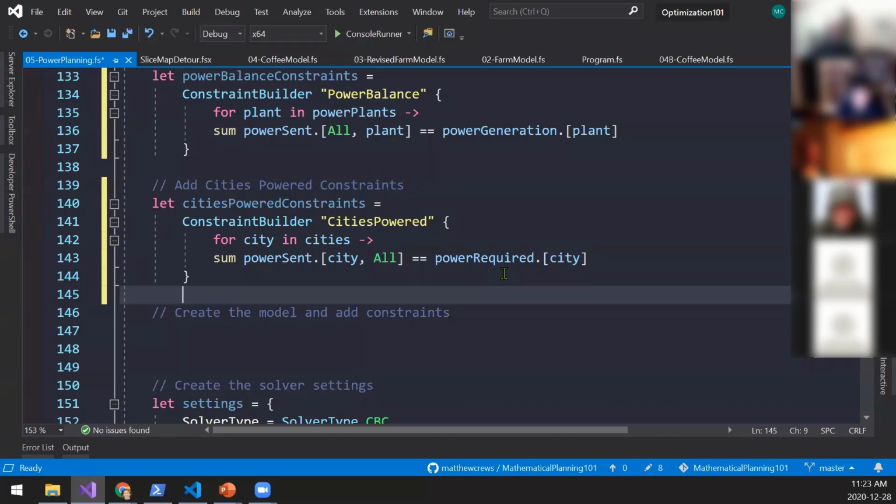So there's a question in the chat I'd like to address. Why do we need an extra decision for turning a plant on or off, as opposed to just deducing it from whether the power generation is non-zero? Is it perhaps because the cost expression has to be linear? You need that variable to account for the startup cost of the power plant. You need something that gets turned on to turn on that cost, essentially.